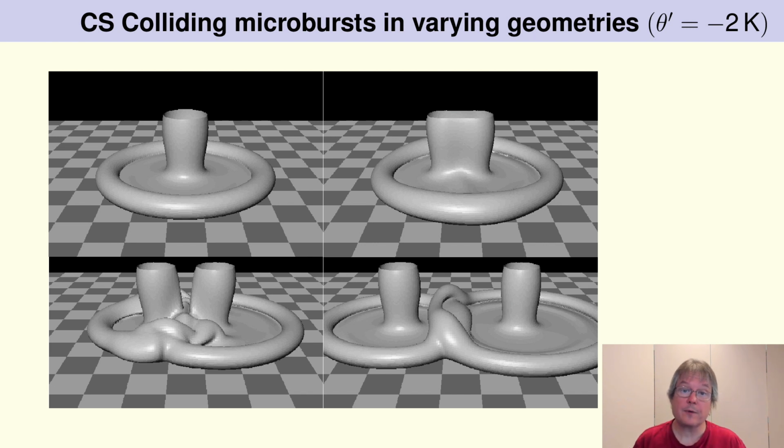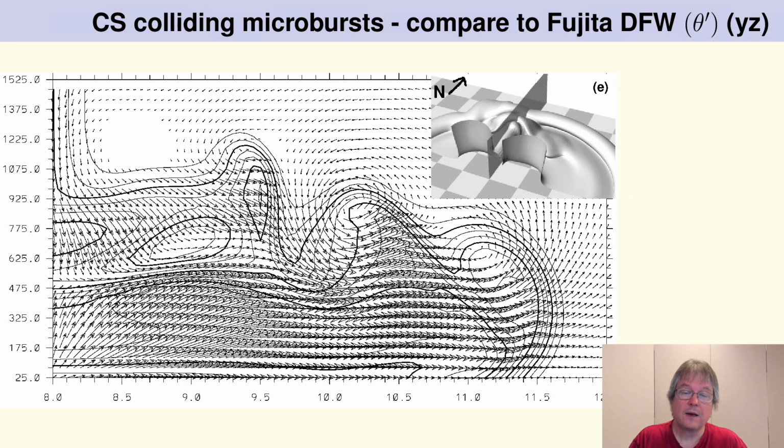So this is the parameter space we played with. We played with space and time. And when they're far apart, they sort of undergo an interaction regime, which is almost like two waves passing through one another. It's the intermediate one where things get interesting. Now, remember way back when I talked about how Ted Fujita had that beautiful picture of the concentric ring downburst